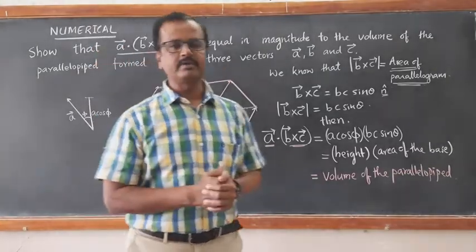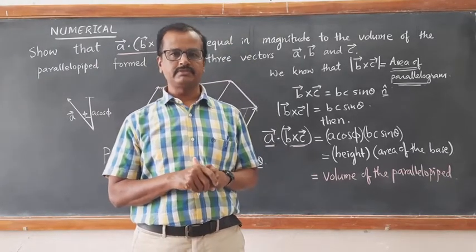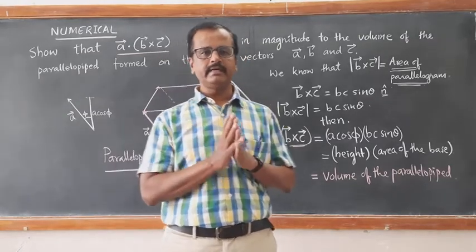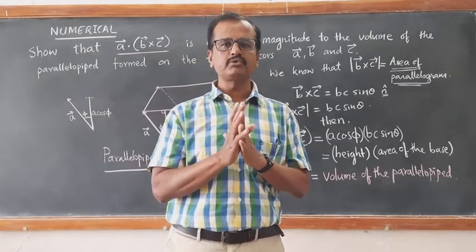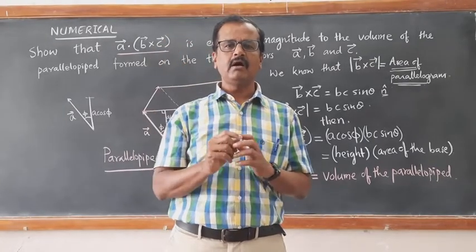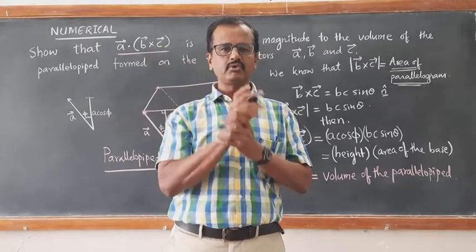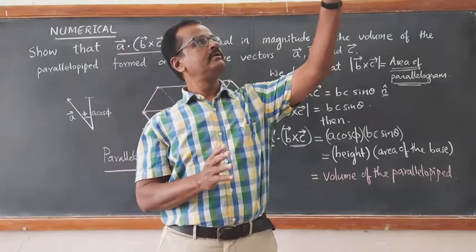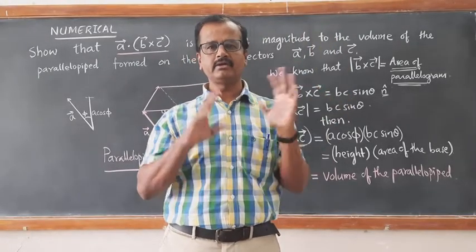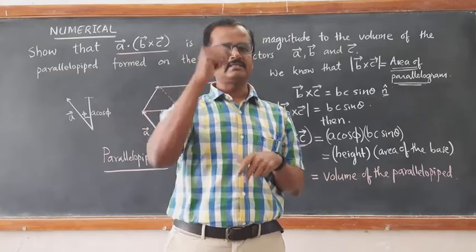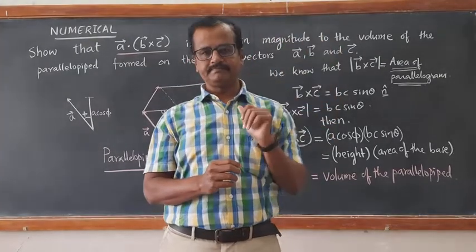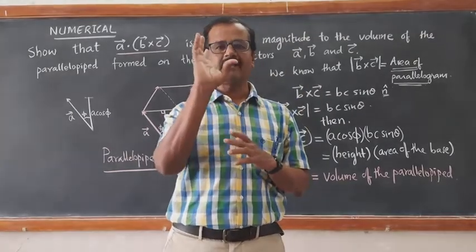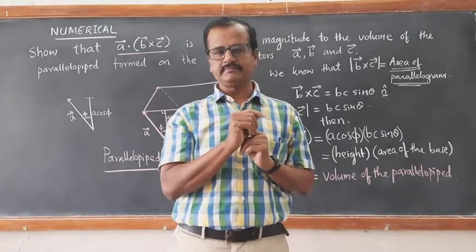Now let us see the next one, a very important thing, angular velocity. When a body undergoes a rotational motion, we have learned that when it undergoes a pure rotational motion, there is a fixed axis about which the body undergoes the rotational motion. Axis of rotation is fixed. Then I gave you the example of a fan. The ceiling fan undergoes pure rotational motion. There is a fixed axis about which the fan is pivoted vertically, and the blades of the fan rotate about that axis of rotation.